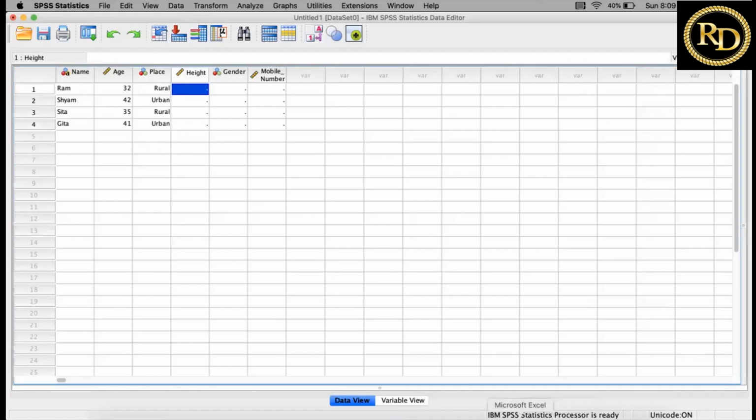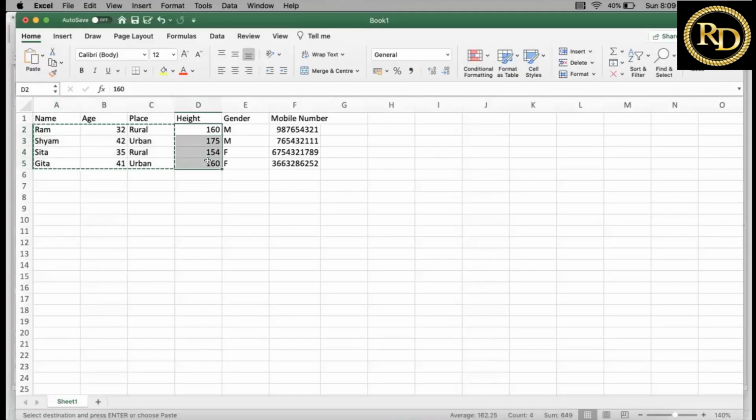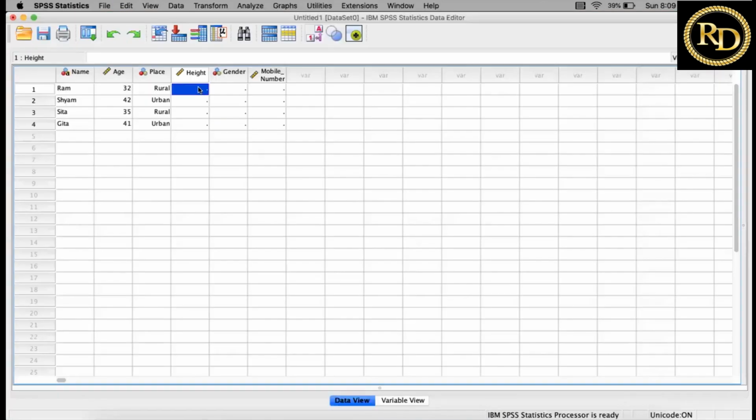Here I can copy the height, and simply paste. You can enter gender just as you have entered it, male, female, female.